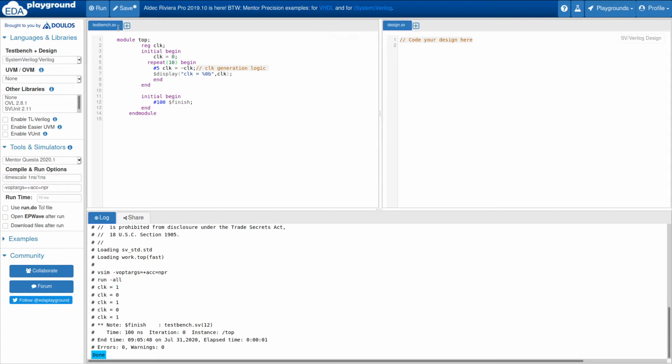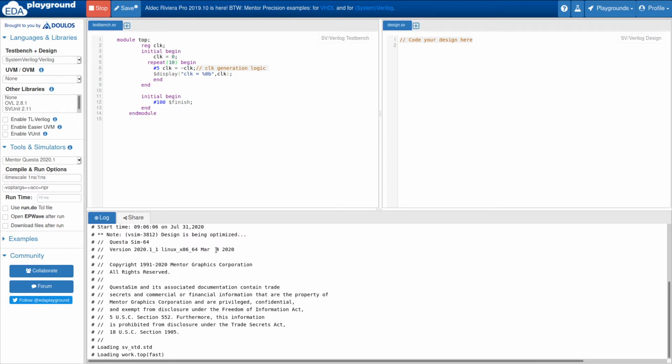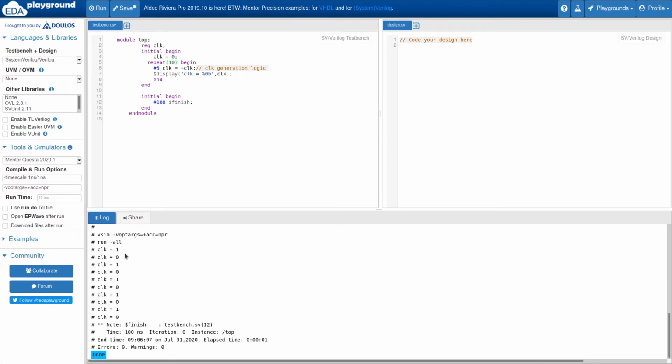Let's see. Now you can count 1 2 3 4 5 6 7 8 9 10. Now it is generating 10 times. So this is the use of the repeat loop.